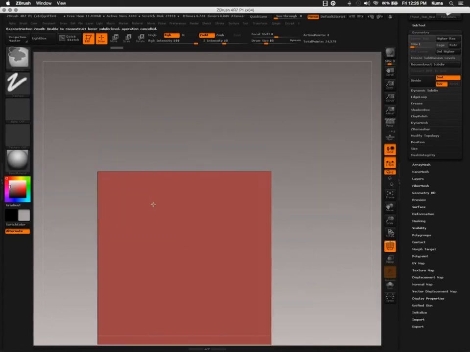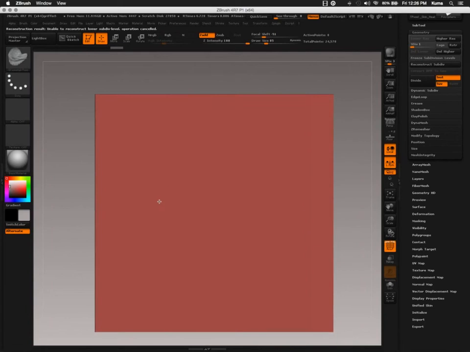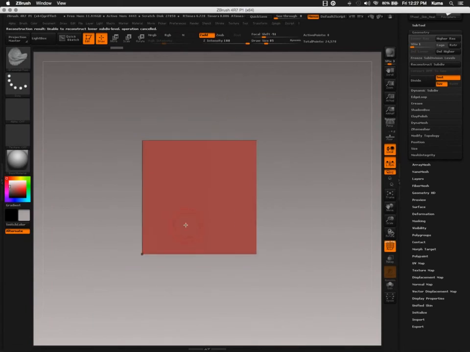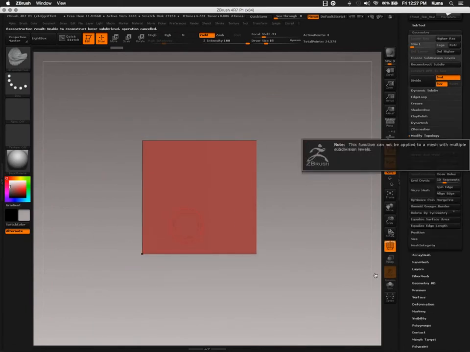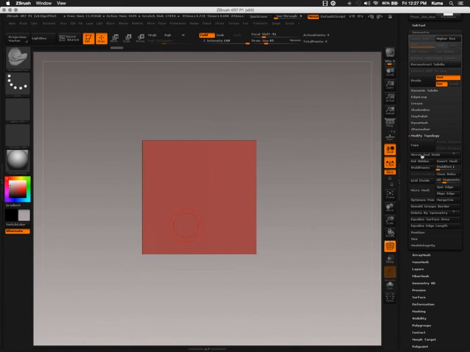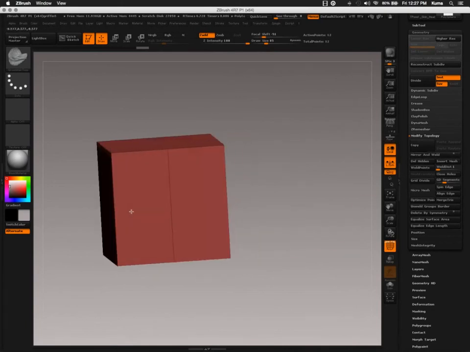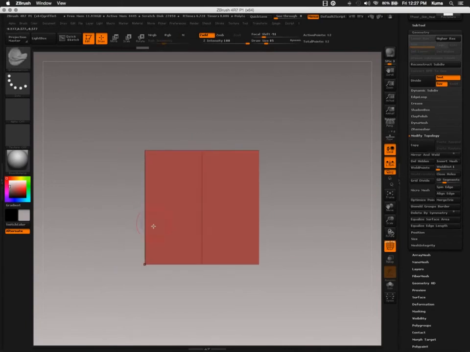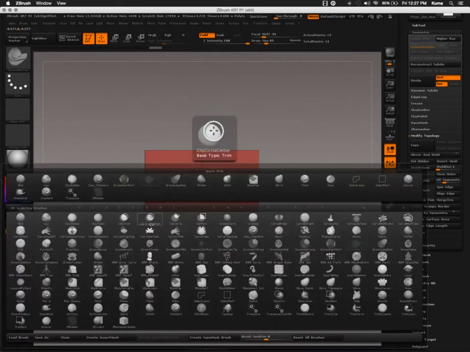There we go. Let's go ahead and mirror and weld. So we get a center line. Oops, delete higher, mirror and weld. There we go. So now we have our center line. And let's go ahead and mirror and weld on the Y. Should have done both at the same time, but I didn't, whatever. All right, so now